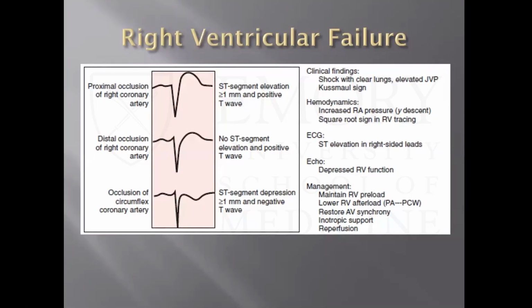So many of these patients will have shock, have clear lungs, their JVP will be up to the mandible. If you get a right-sided EKG, you might see these type of changes, but it's not guaranteed. So you have to have that clinical level of suspicion. Echo is going to be your key diagnostic strategy here. Do you see a blown out RV? And if you do, then you're going to manage these patients very different than LV shock.